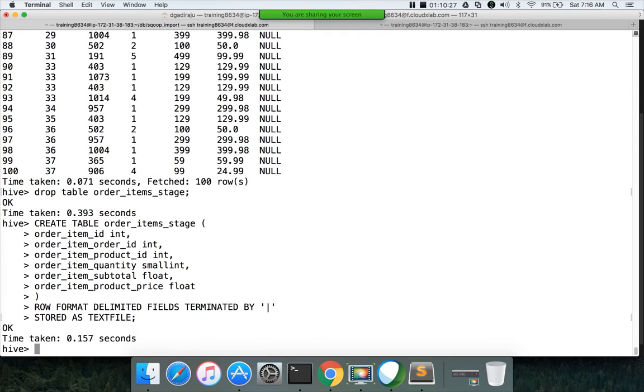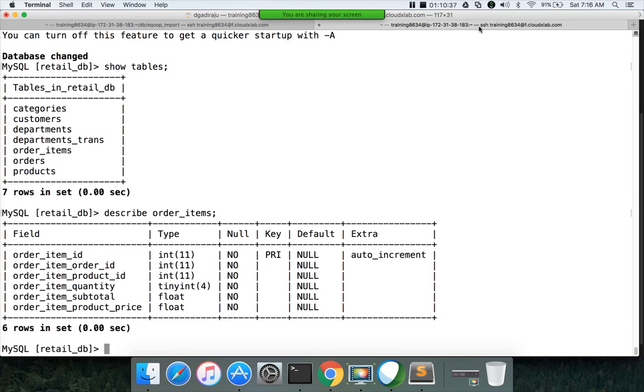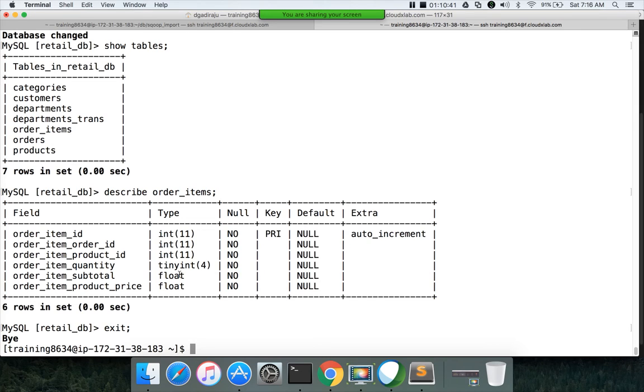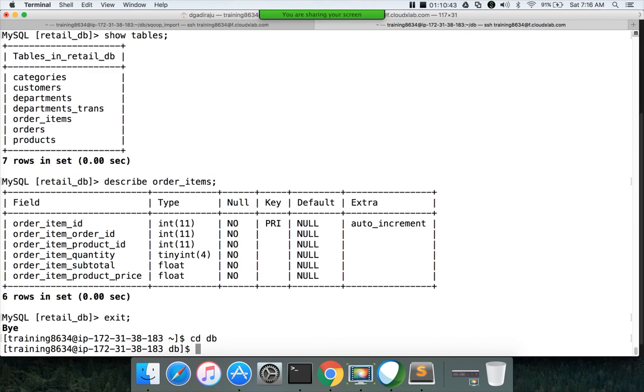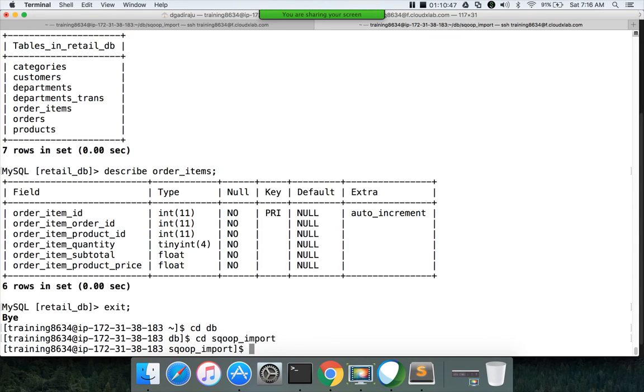Load data local inpath, cd sqoop_import, cd order_items.